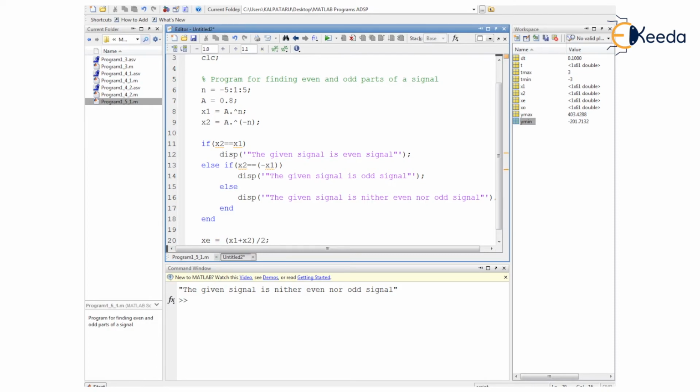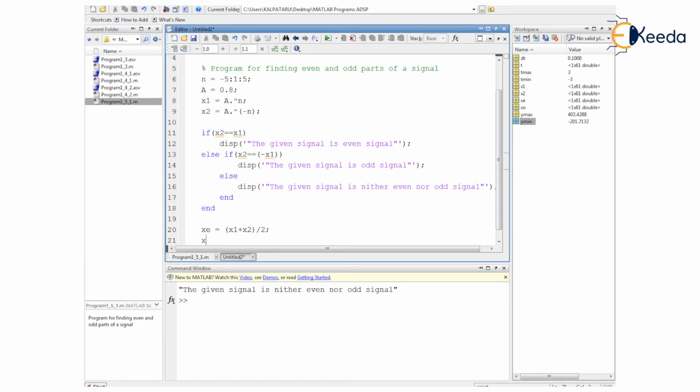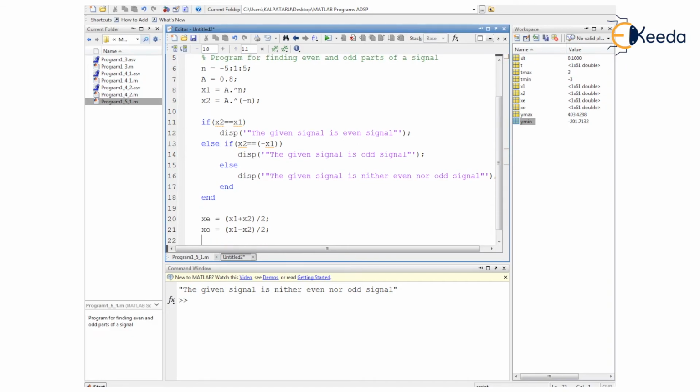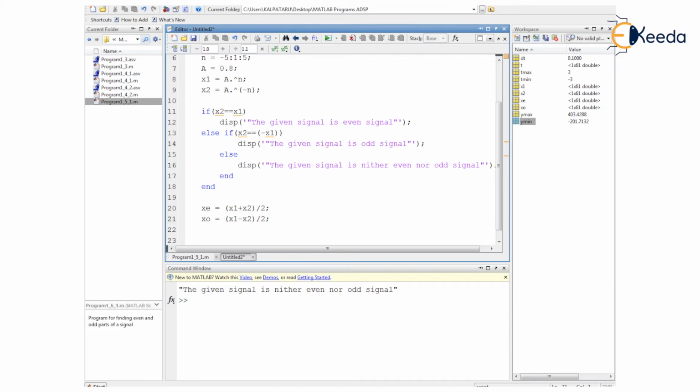Let us end this with the help of semicolon, and the odd information of the signal we shall save with the help of the variable named xo here. To the xo we assign the difference of x1 and x2, and let us divide it by 2 as a value here. We shall be finding half of that difference here. So xe and xo we have defined here.